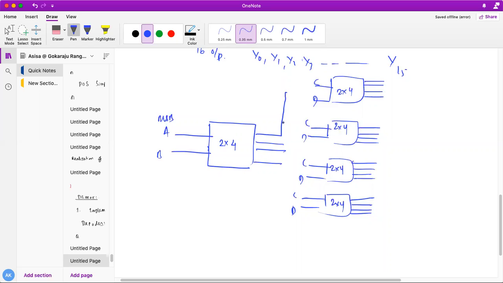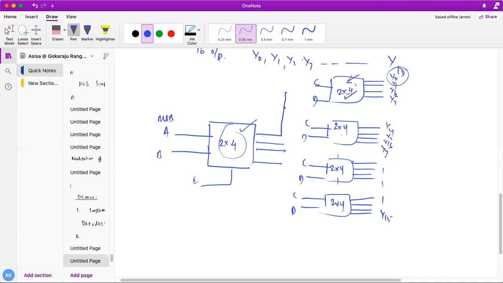So here you see what you need to do. You have to enable these decoders by using this particular decoder's outputs. This will be my active high enable. So using this decoder's outputs, you will enable these decoders. If you need Y0, what do you need to do? These are all Y0, Y1, Y2, Y3, Y4, Y5, Y6, Y7, up to Y15. Let's say I want to get the Y0 output. So I have to enable this particular decoder, and before that, I have to enable this.